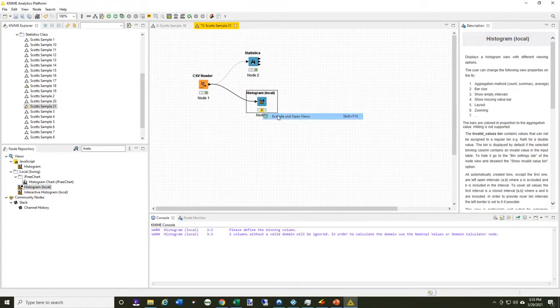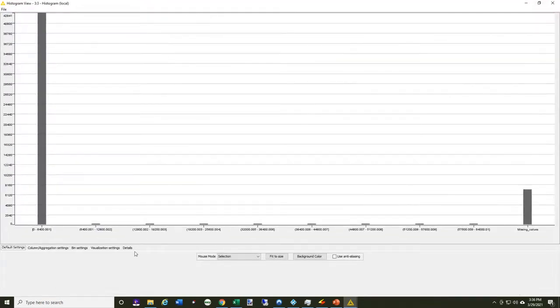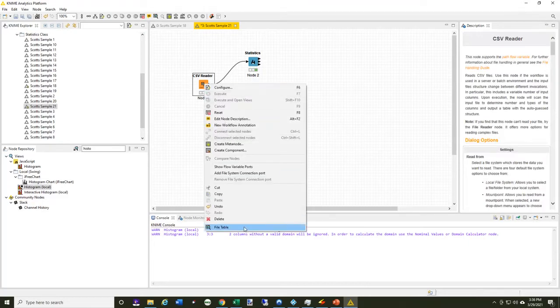So when I execute this and open the view, I can look at this here and say that overwhelmingly the number between 0 and 6,400 is way up here. Then it almost all falls off, and I do have a block of missing values. But I have a big chunk of them all falling into this category. In fact, over 42,000 of them are falling into that category. So this may be something, again, I can turn around and look at,